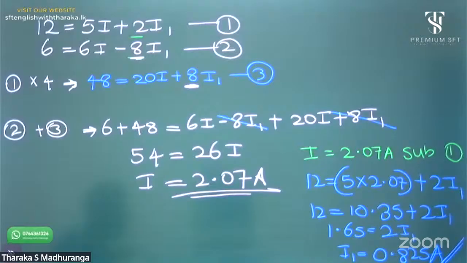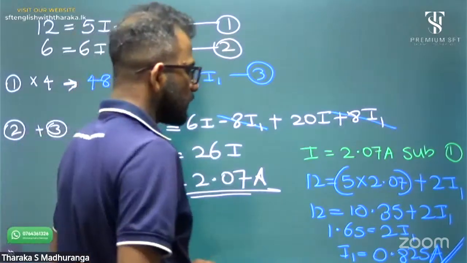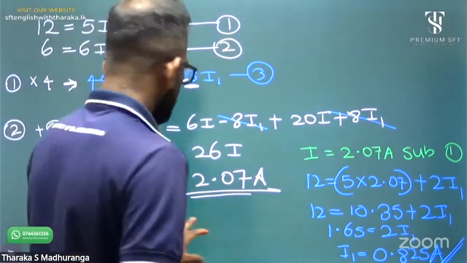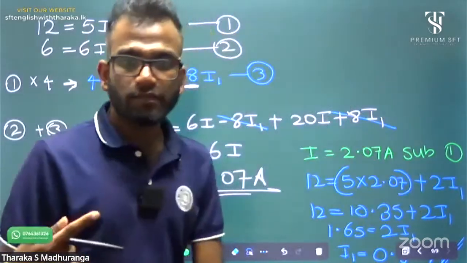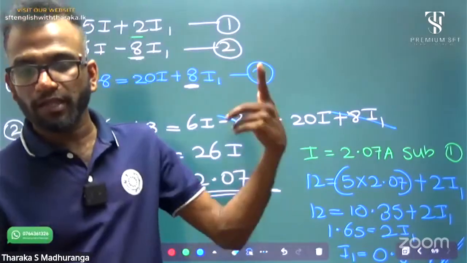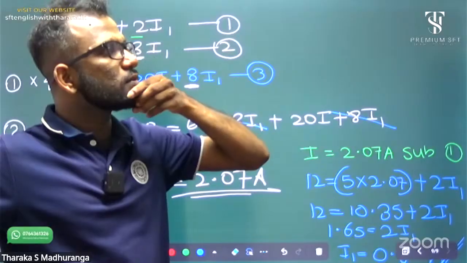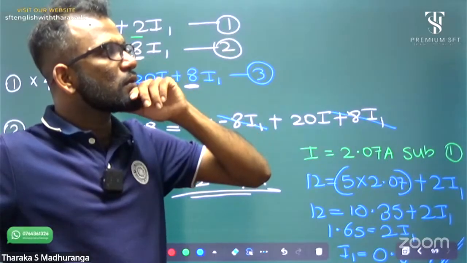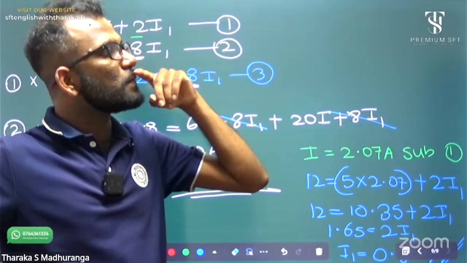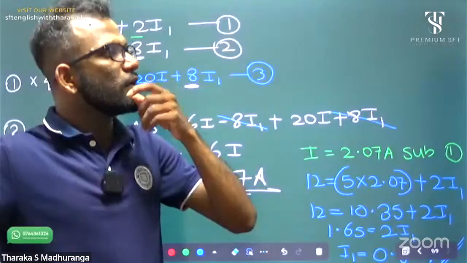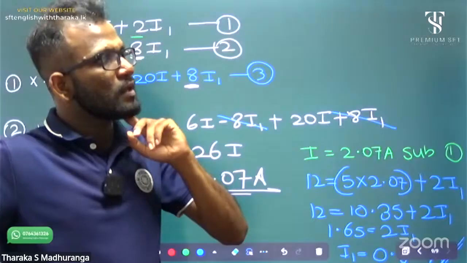Okay, let's move into final question. This is the final question of Kirchhoff law. After that, I am going to give you homework, and next week I'm going to start our magnetic fields. Today 4th, Independence Day. 18th of February we can complete electricity, and